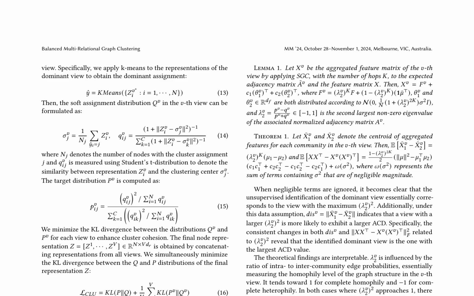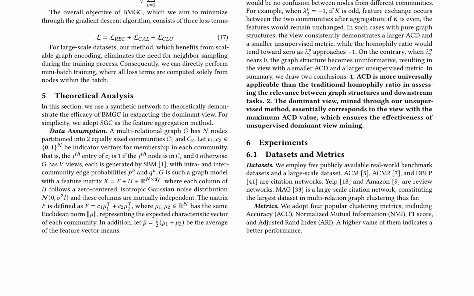The paper presents balanced multi-relational graph clustering, BMGC, a novel method for unsupervised clustering of multi-relational graphs. BMGC applies a soft assignment distribution to enhance cluster cohesion and minimizes the KL divergence between the distributions of the final representation and the soft assignment distribution. Theoretical analysis demonstrates that BMGC corresponds to the view with the maximum ACD value, ensuring effectiveness in unsupervised dominant view